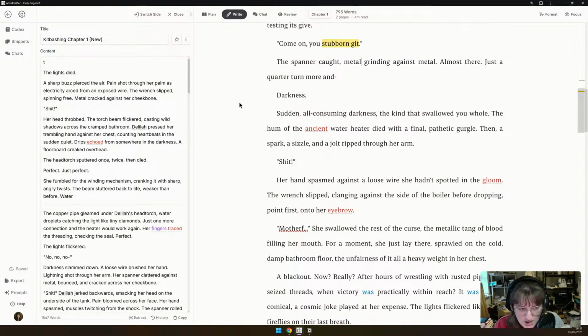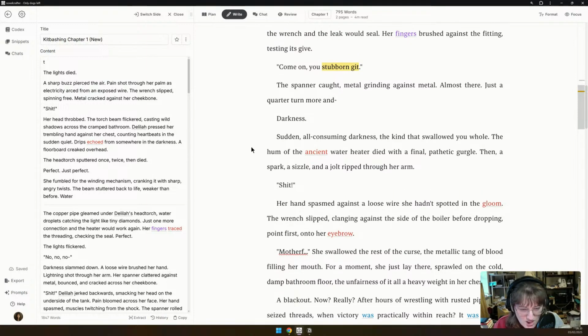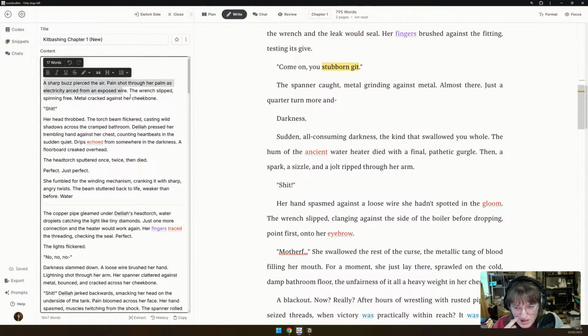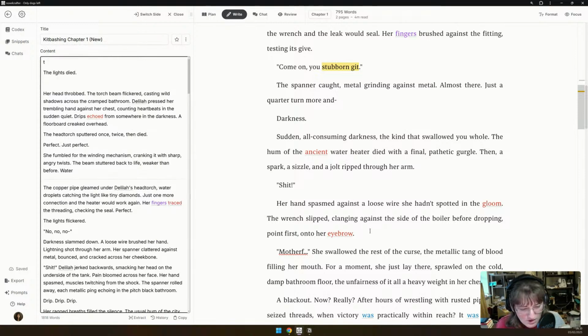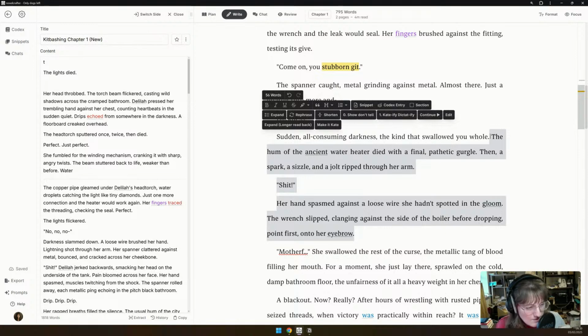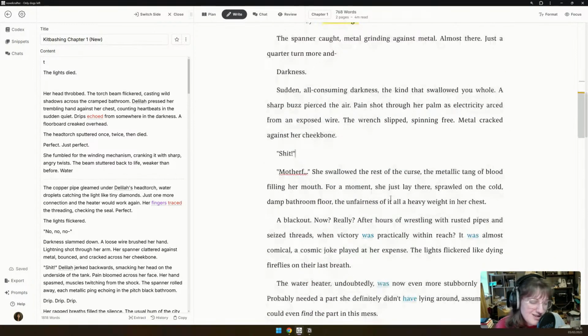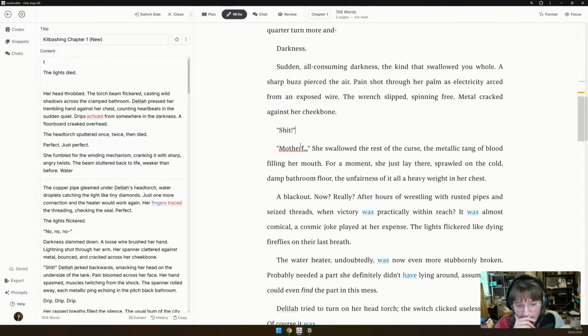Sudden all consuming darkness, the kind that swallowed you whole, the hum of the ancient water. To be honest, I feel like I'm getting rid of a lot of this, but I love Sonnet. You can tell.